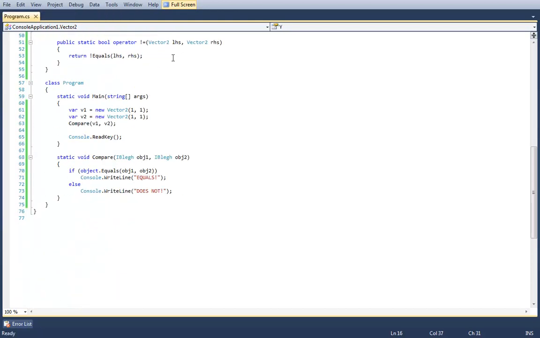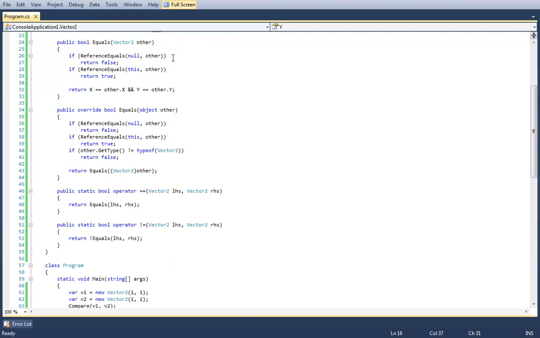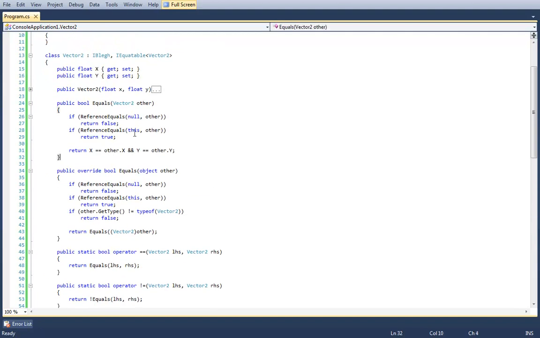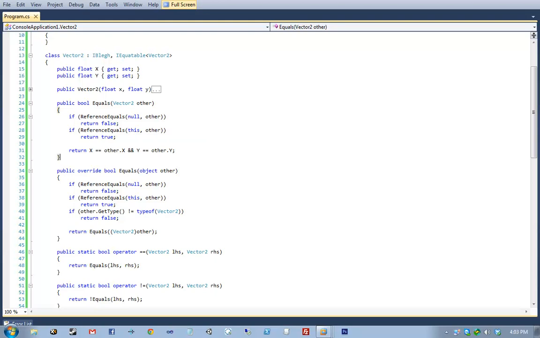Okay, there's one more thing that we need to talk about with equality members, and that is the hash code. Every object in .NET has a method called GetHashCode.